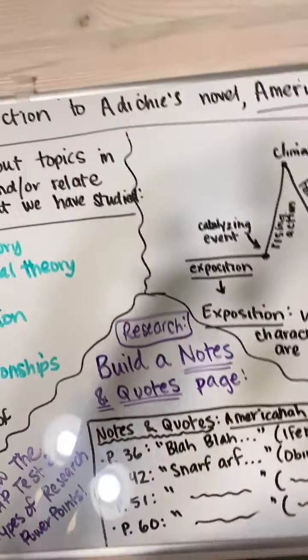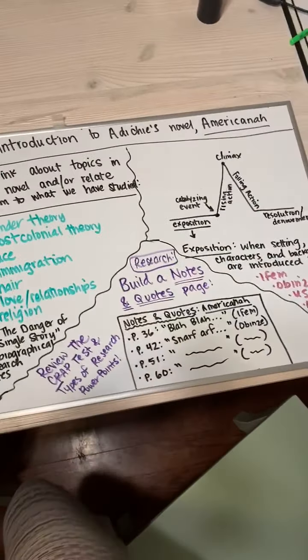I'm just going to point it toward the whiteboard and talk about a lot of the things that are up on Canvas this week in terms of PowerPoints, assignments, readings, so that you can really anticipate how to approach this novel and therefore how to approach not only your annotated bibliography assignment, but also your final research essay. So I'm going to point this toward the whiteboard and go over what all of this means.